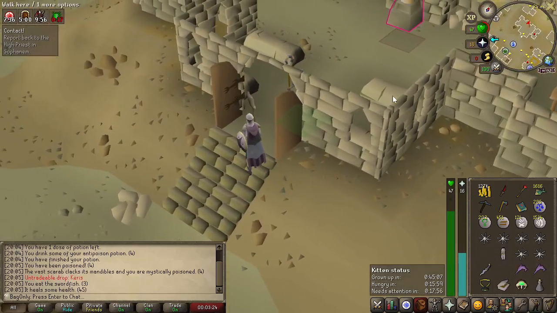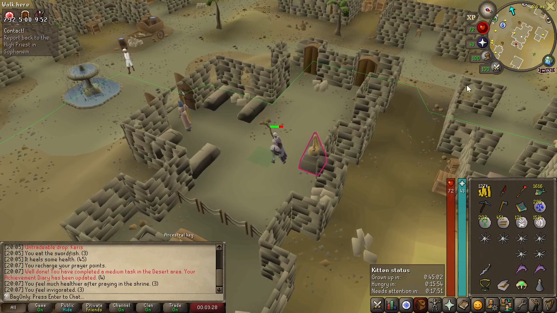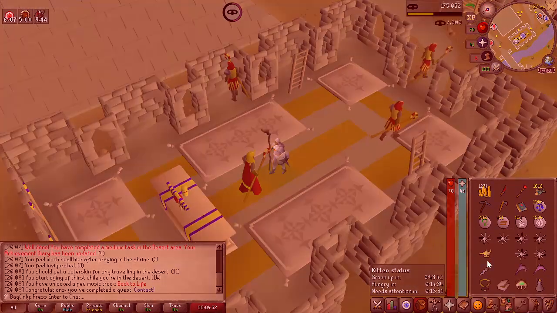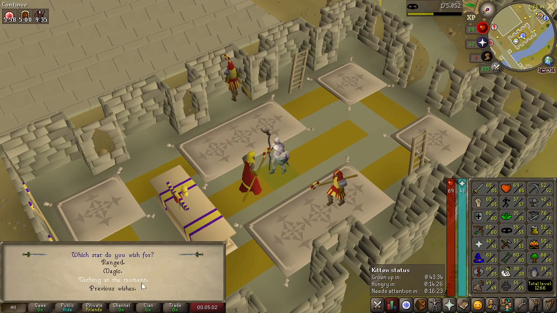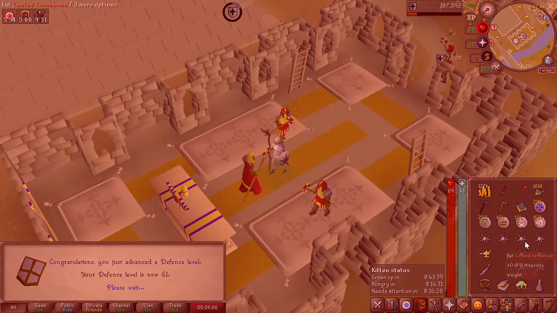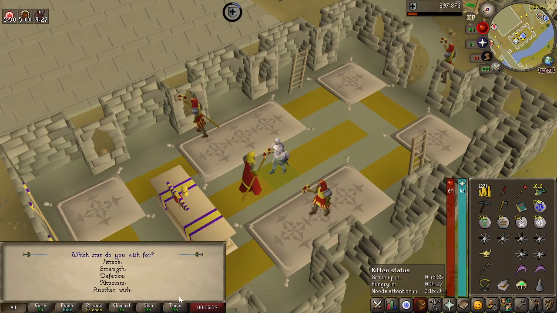On the way down to the High Priest, just to hand the quest in, I hit the magic statue from the Spirits of the Elid quest, just to replenish our health and cure our poison. And that was job done. 7,000 thieving XP, which didn't grant us a level, but we did get a 14k melee lamp that we put into defense, just to put us up to 61 from 60,